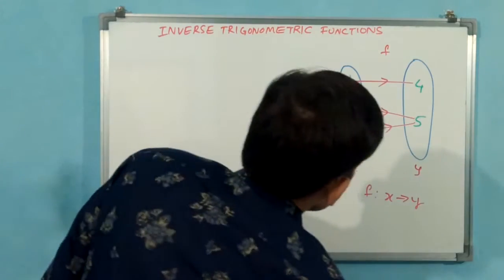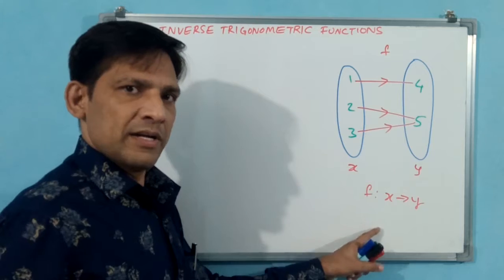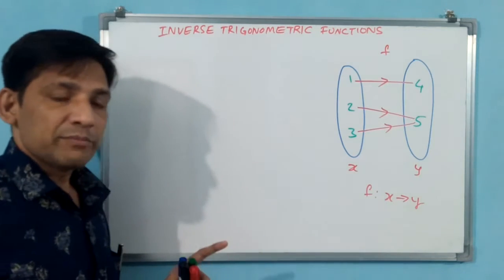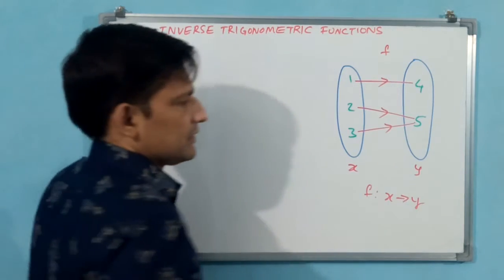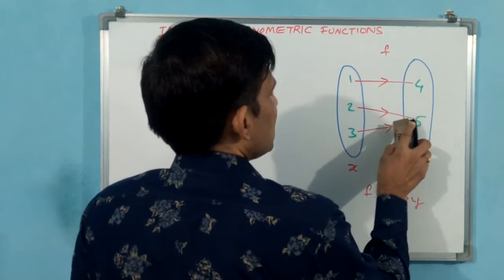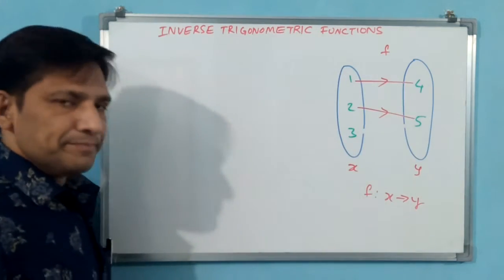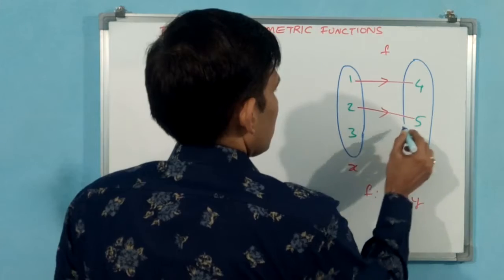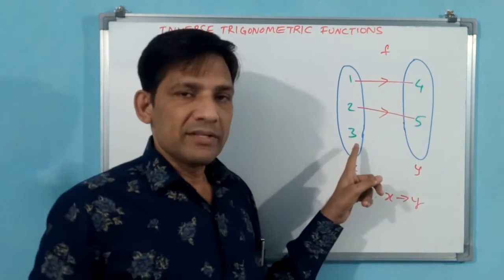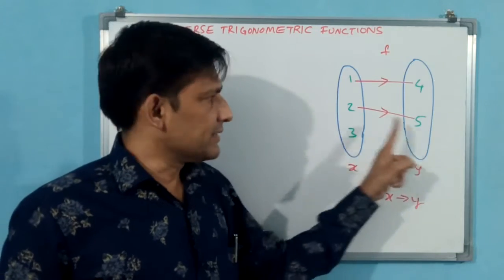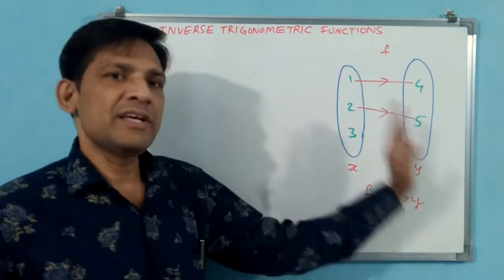Okay, now let us understand. Just modifying, the representation is f: X to Y. An X to Y relation, or X to Y is a function. See, all relations may not be functions, but to become a function, this is the condition. Okay, now I am changing this. You see, is this a function now? This is not a function. Why? Because element 3 from the domain doesn't have any image in the codomain. That is why this is not a function, but this is a relation.